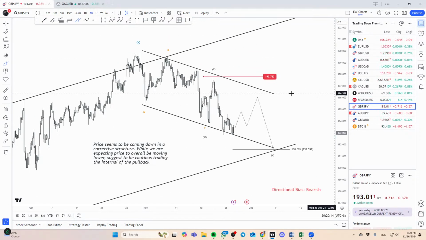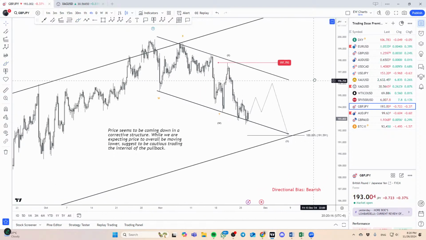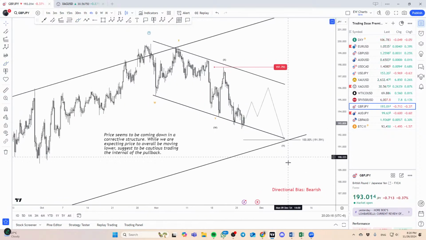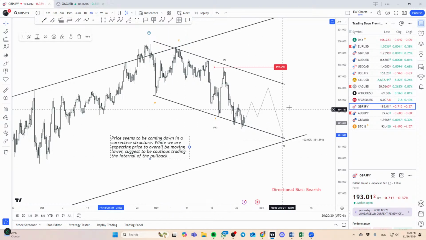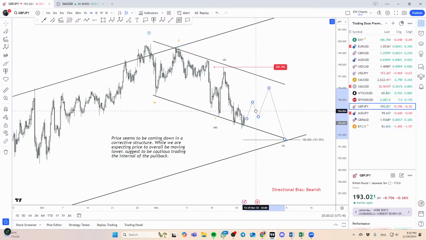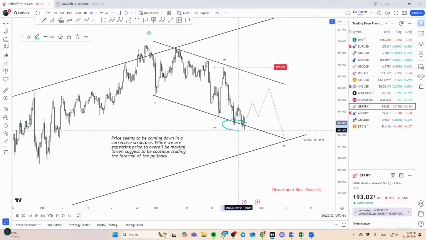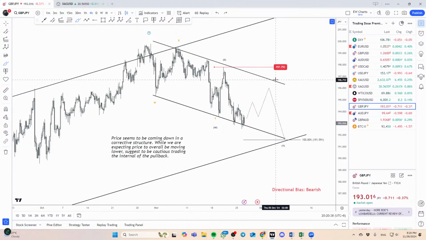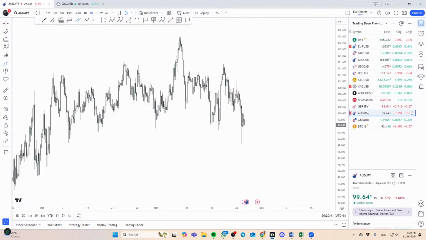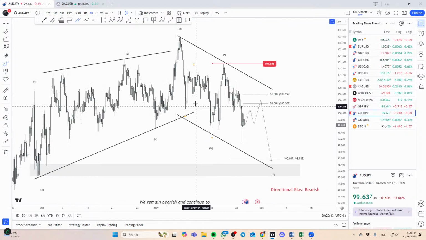Now the pound yen, aussie yen, dollar yen, overall direction is bearish. It's just a matter of which one has a cleaner setup that you can look to trade. Pound yen here, I would say you want to wait for the pullback. This seems to be a bullish structure, so I think the pullback is likely going to develop. You want to wait for that before you look to sell, right? But aussie yen here may be setting up something.